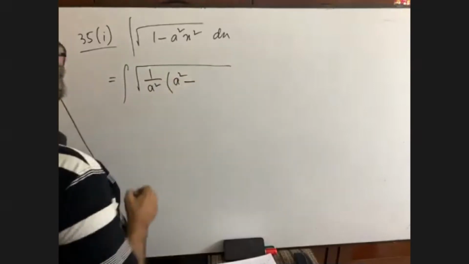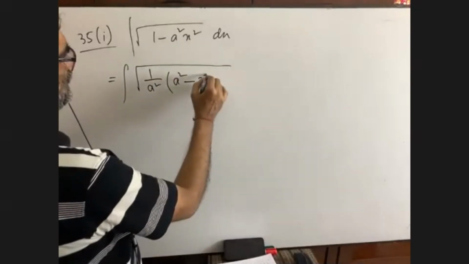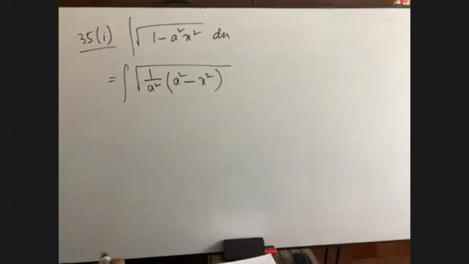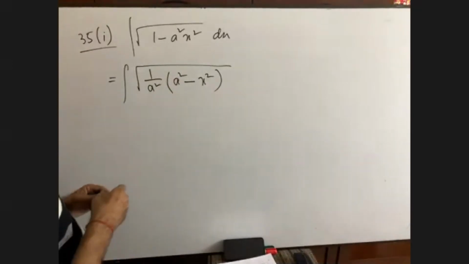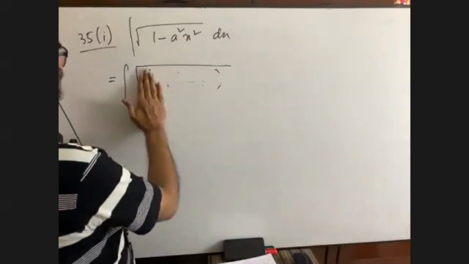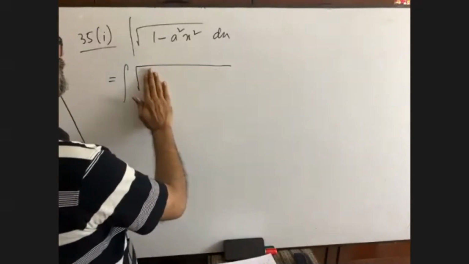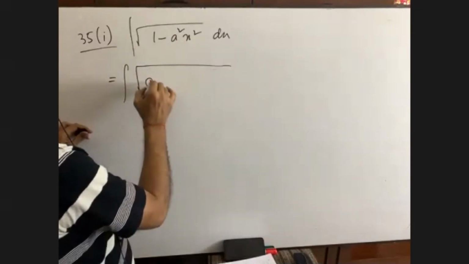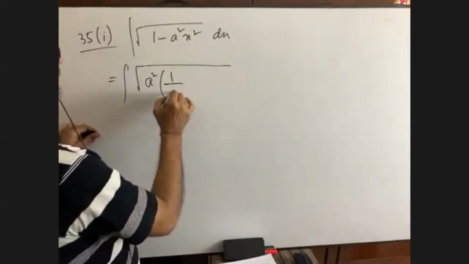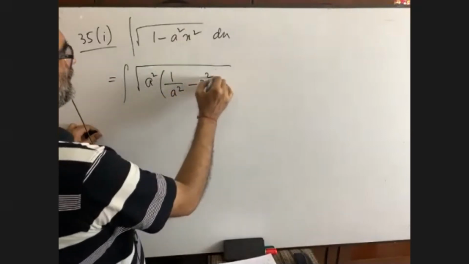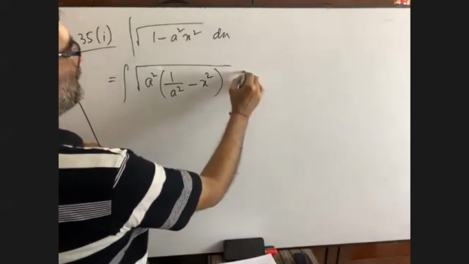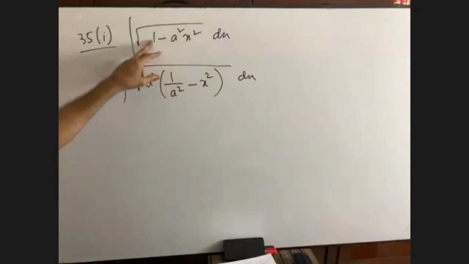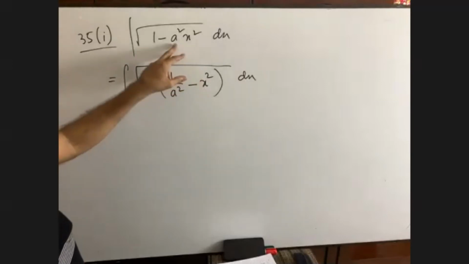and this is minus what? x square. You're right. Is it or not? No, it is not. It won't be. It is wrong. I am actually sorry. Actually, I have to make x square free, so only a square is to be taken common. So 1 by a square minus x square dx. Now it is okay. Now you see a square is omitted 1, and a square into x square. This is a square x square. Okay.